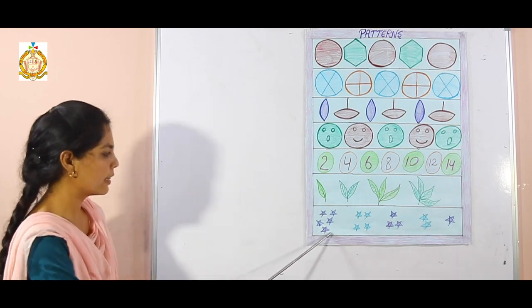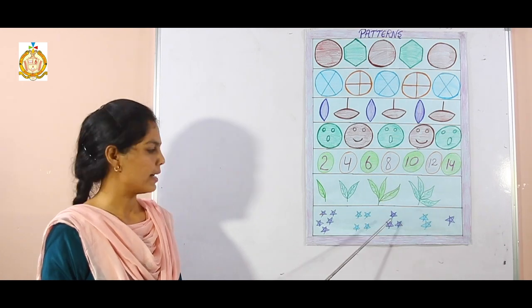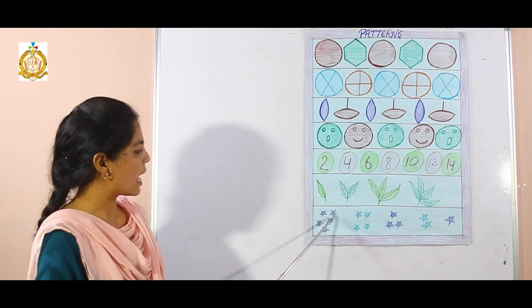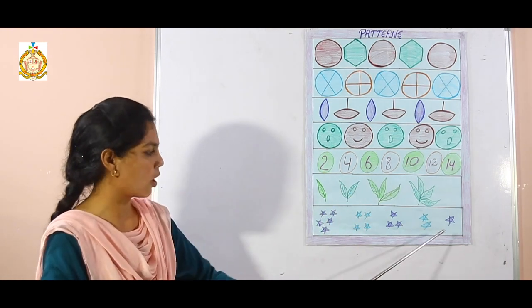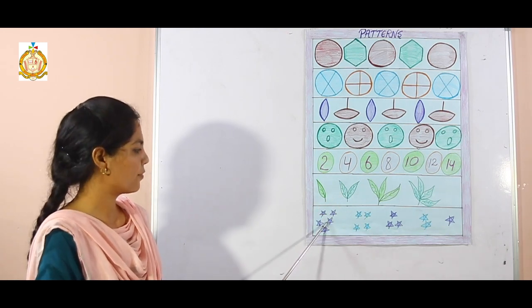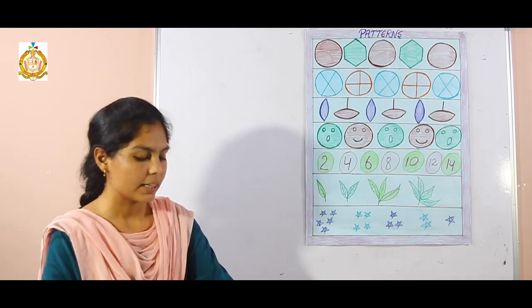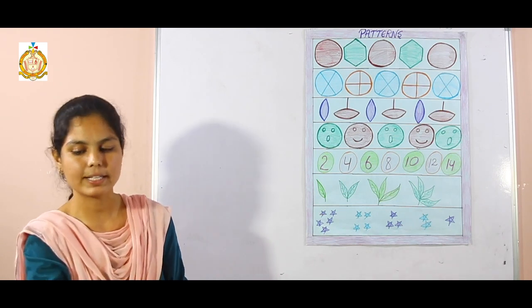These leaves are in increasing order and we also call this a pattern. In the next one there are 5 stars, and next 4, next 3, next 2, next 1. Means these are in decreasing order, but they are a pattern because these are all stars, in decreasing order. The first is 5, then 4, then 3, then 2, then 1. In this way, there are many examples in your book of how numbers and things are repeated.